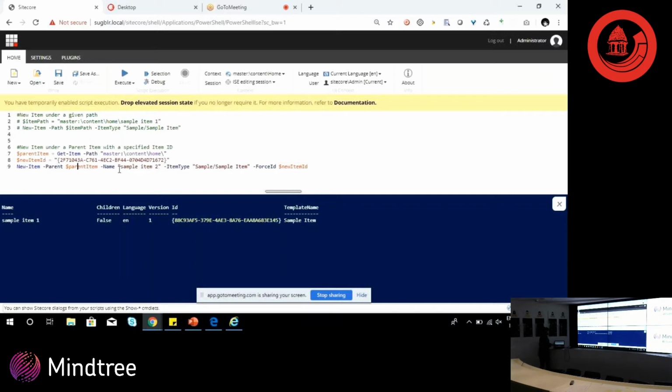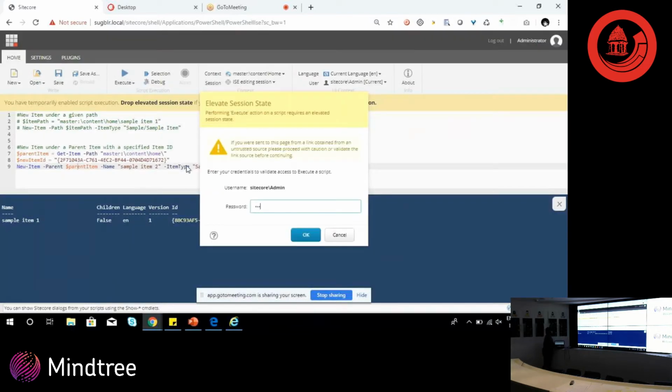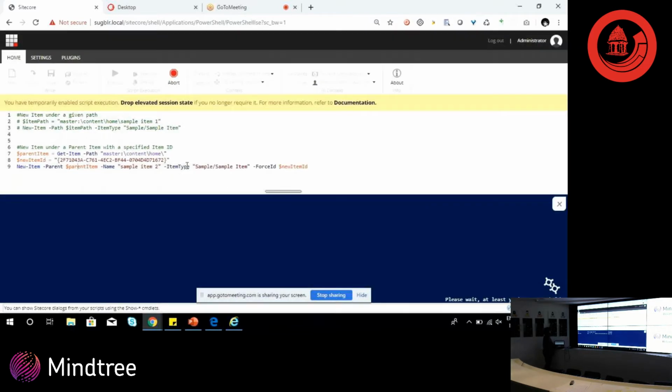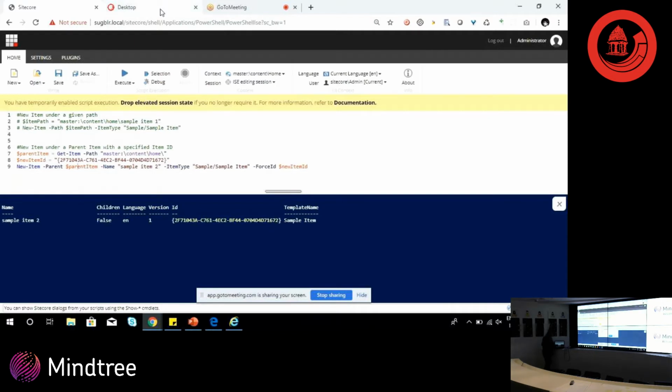I could have provided that as my parent item, and then I can specify the name of the item that I want it to be created with, and the template item based on which the new item will be created. And then using this force ID, I'm specifying the actual ID of that item. So if I execute this, a new item, sample item 2, will be created